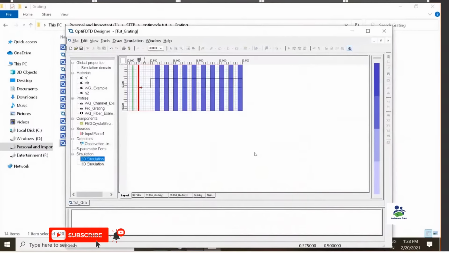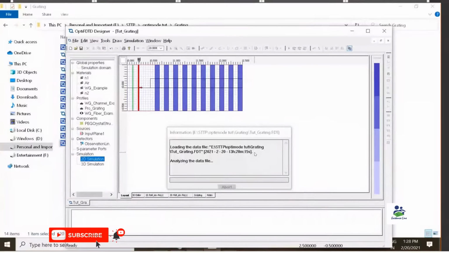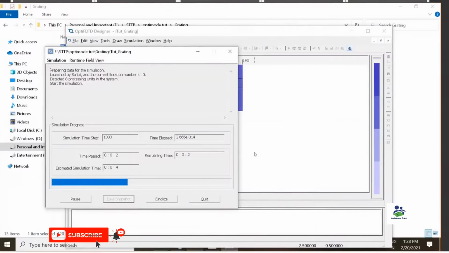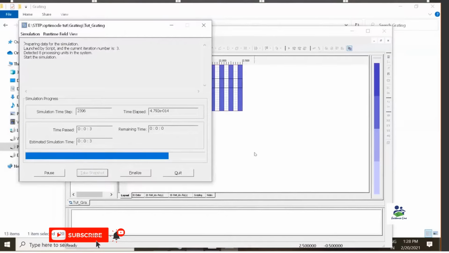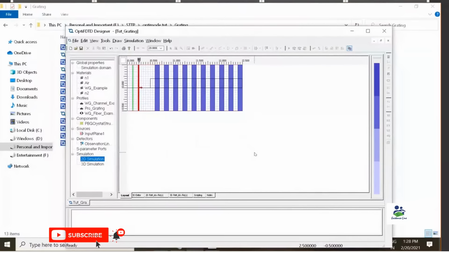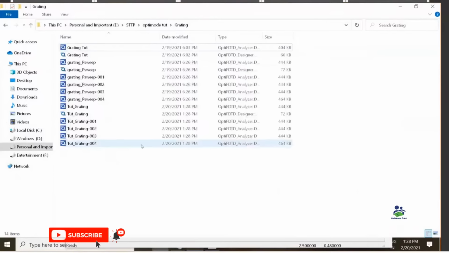It takes only a few seconds to run a simulation. Okay, now the simulation is completed, and again I am clicking on the last file of this Tude Grating, so that all the results of the previous iterations get shown over here in this last file.